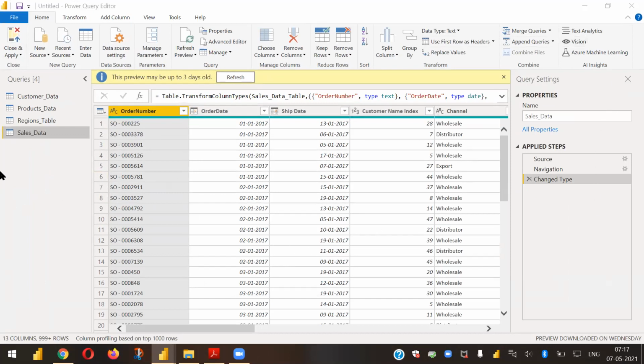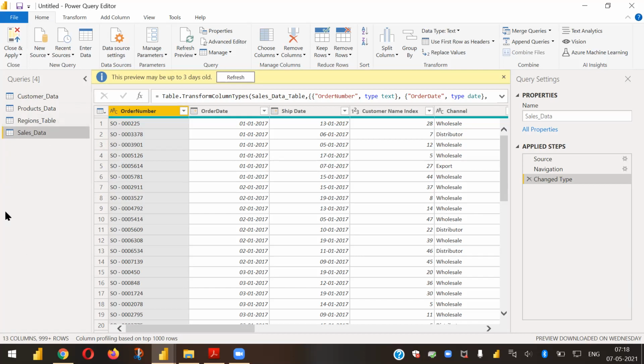We're going to look at a few transformations now, because the very first step is to ensure our data is in the correct format. If needed, I'll show you what Power Query is capable of. So the very first thing you have to do, let us assume we have started off with this sales data, this particular table.